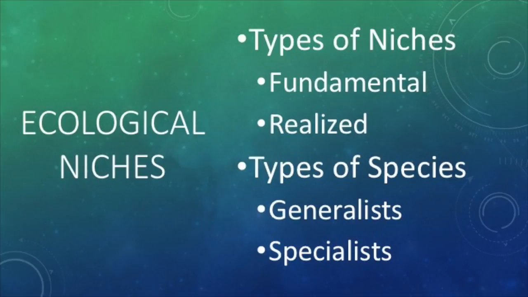When discussing ecological niches, we can categorize species into two major groups: generalist and specialist. Generalist species can fill a broad range of niches. This makes them very versatile and allows them to live in a variety of environments. Specialist species can only fill select niches. They are not versatile and can be very sensitive to minor changes in their environment. This makes them more likely to be endangered than generalist species.